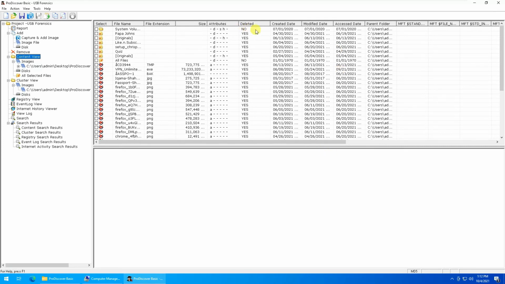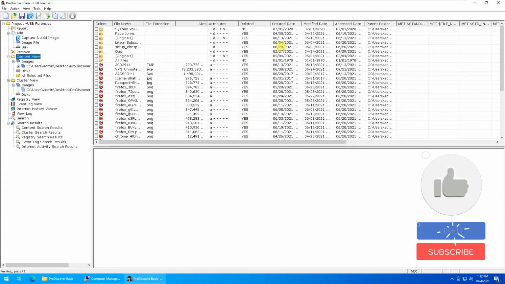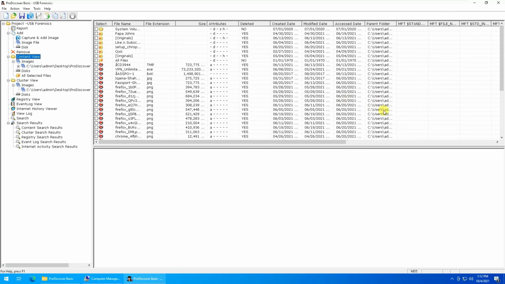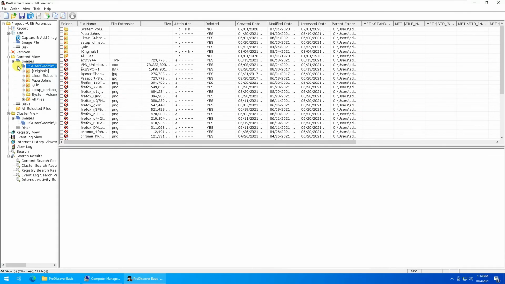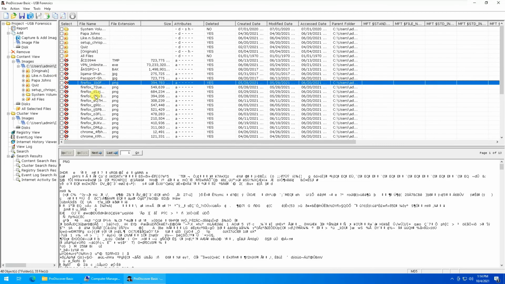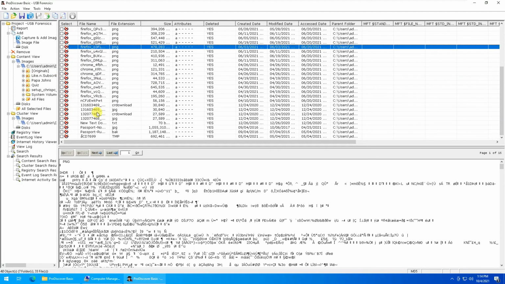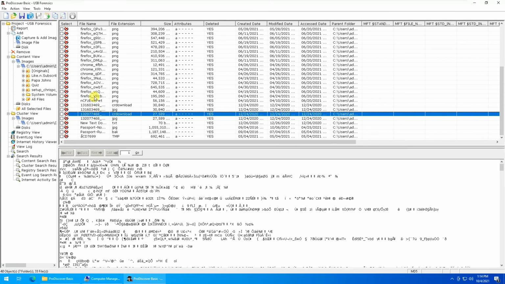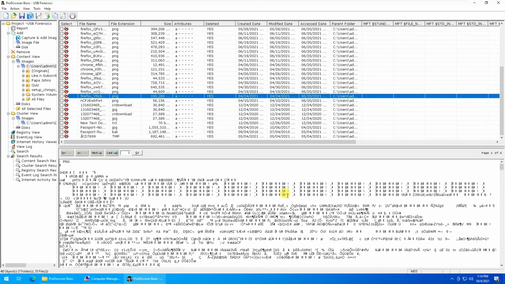Further, it's giving all the relevant details about the attributes, whether it was deleted or not, the created date stamp, modified and access date, and the folder path of it. You can further expand it and see the contents of it. If you click on an individual file, you can see some basic information about it.